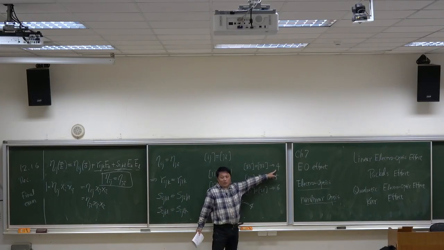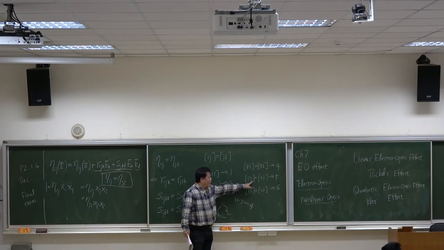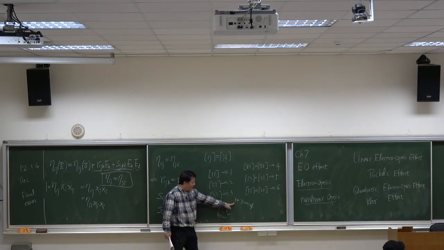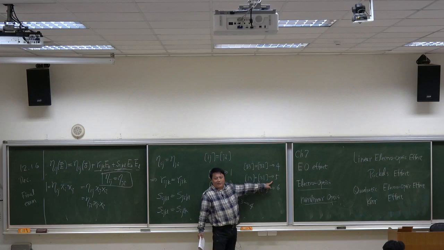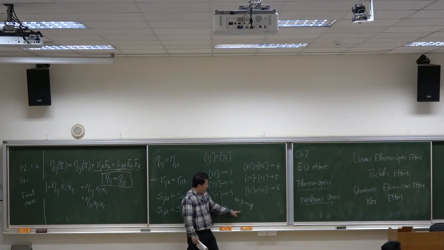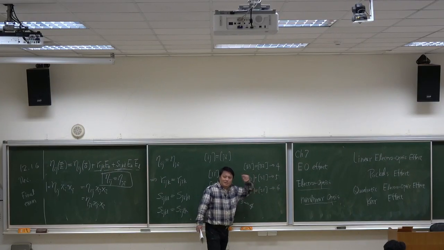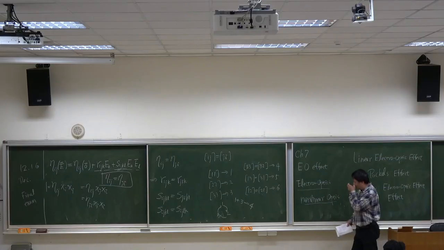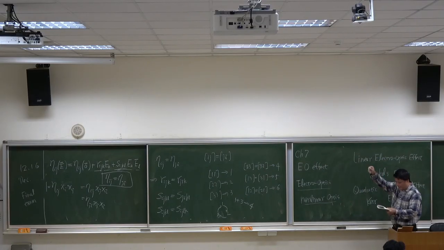And 1, 3 or 3, 1: 2 plus 3 equal to 5. And 1, 2: 3 plus 3 equal to 6。好，这是我的记忆方法，但你们不一定要这样记，可以自己想一个方式。